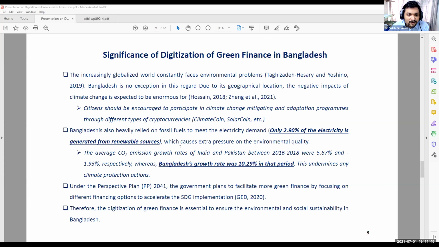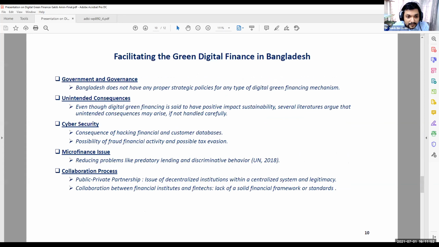Now, what are the problems of this digital finance, and how can we facilitate it? We have to remember that we do not have any proper strategic policies for any type of green digital financing mechanism. So it is very important that we have a proper policy. Without a proper policy, it is very difficult to properly utilize this fund. Still now, most renewable funding is done by traditional banking systems, which could not give us the maximum outcome. Therefore, the first and foremost priority of the Bangladesh government should be given to formulating